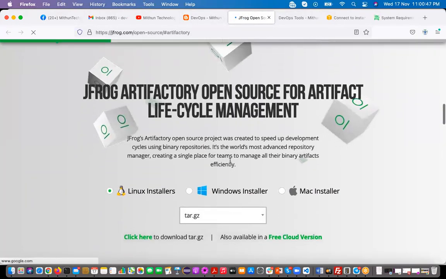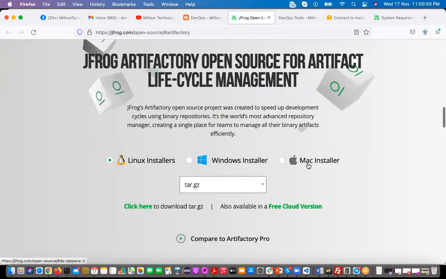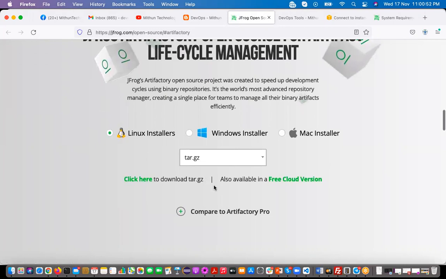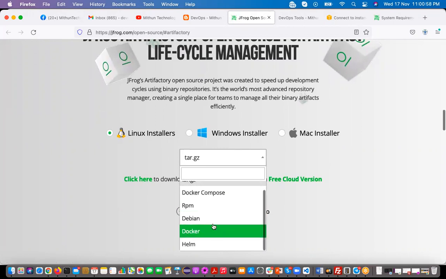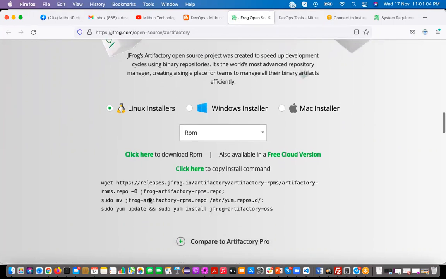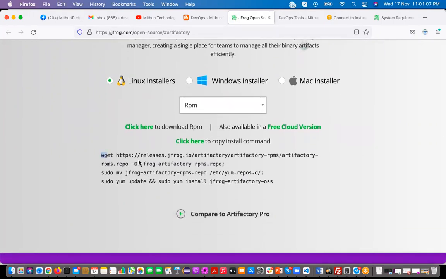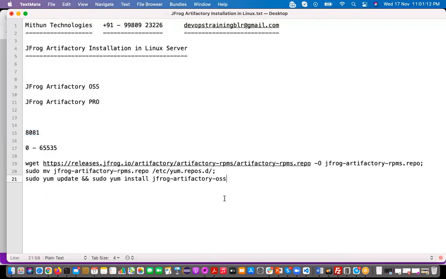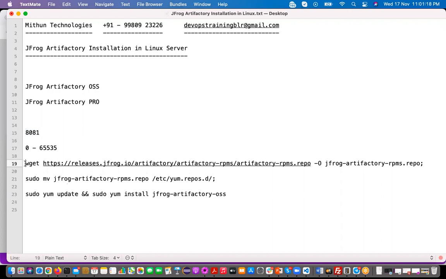See here, Linux, Windows, Mac. So here they are giving various formats, tar format or RPM, right? Docker image. They are giving. So what you will do? Select that RPM. So they are going to give some commands. Copy these commands, right? So keep it here. See what they are doing here. This is the first command. So in the first command, what they are doing? They are downloading this Artifactory OSS RPM package, with -o output, they are keeping it into